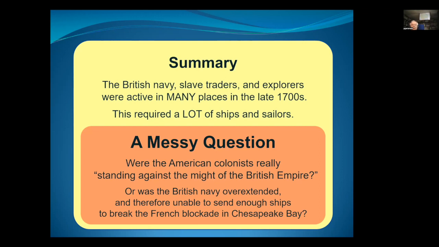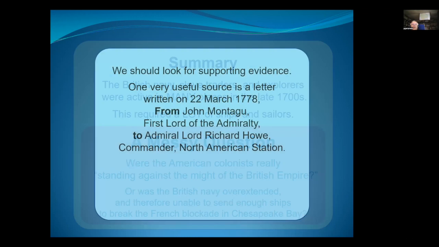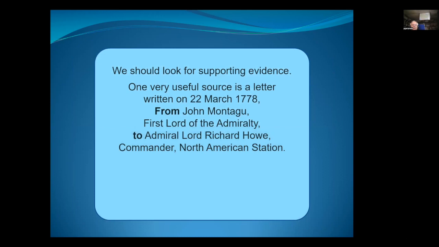Was the British Army and Navy overextended and simply unable to send enough ships? Now, I'm not going to answer that question. I'm going to let the British answer that question because we could look for supporting evidence. And one very useful source is a letter written in 1778. This is right in the middle of the Revolutionary War, from the First Lord of the Admiralty